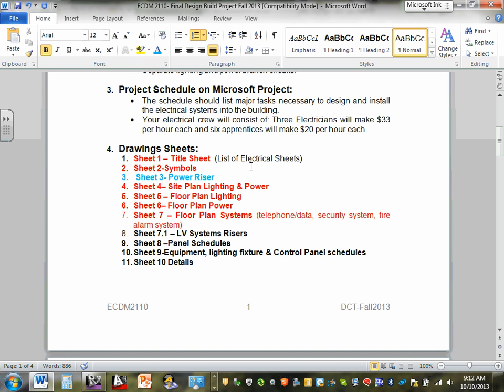Now, do we have panels in Revit yet? No. So we'll leave this one until the end. For the power. For the lighting riser,